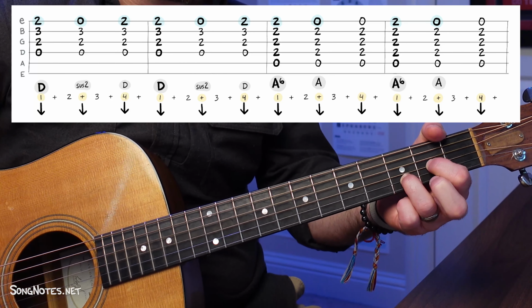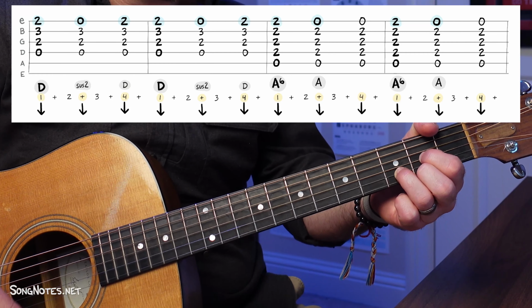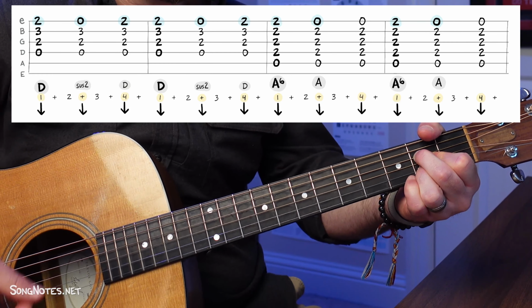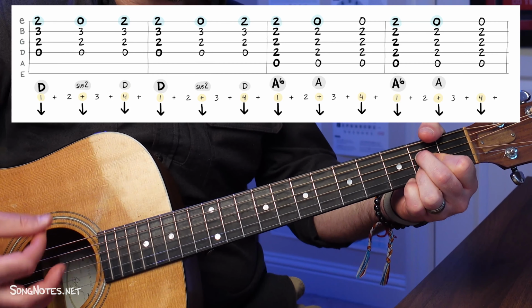1 and 2 and 3 and 4 and 1 and 2 and 3 and 4 and 1 and 2 and 3 and 4 and...